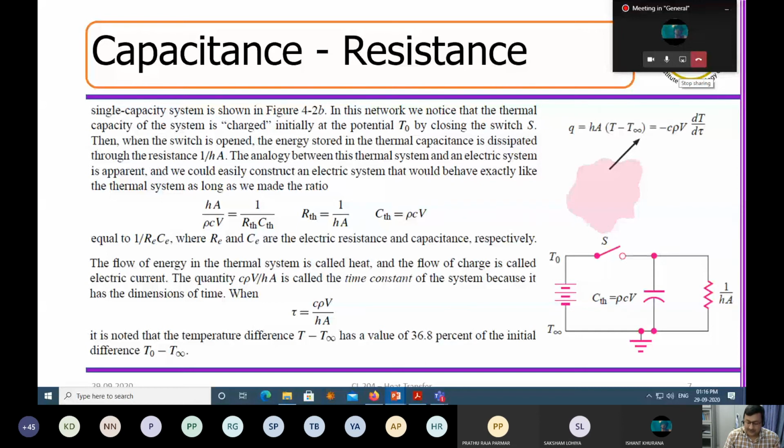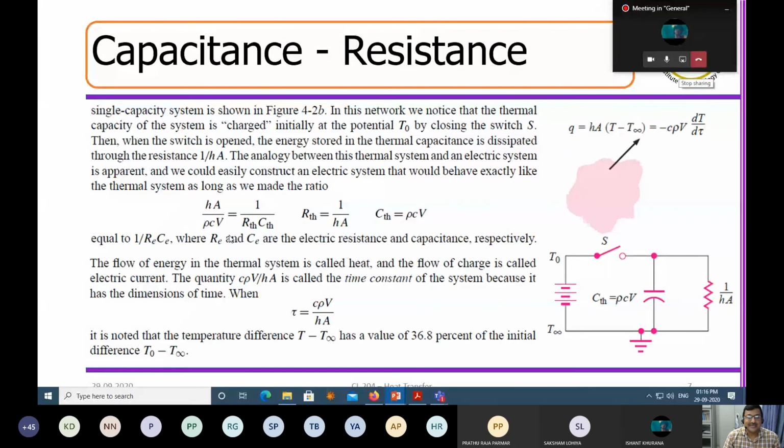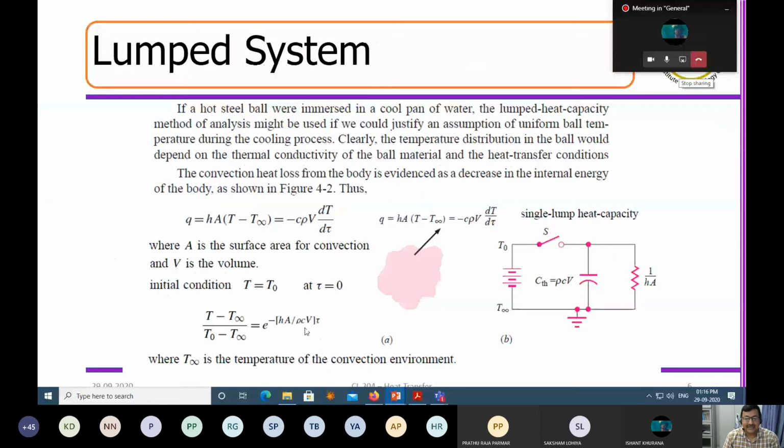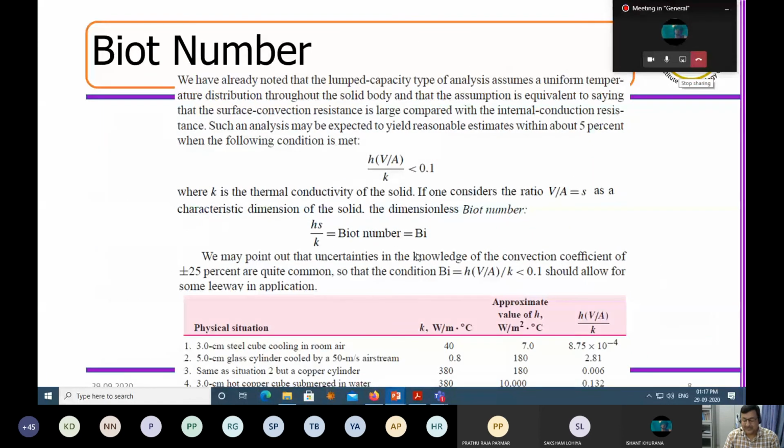that remains to be the heat transfer. So if you are forcing this hot solid into a fluid, my focus will be how much this solid can retain the heat, which is the capacity of this, and how much this liquid can convect the heat out, which is the loss associated with the convected heat transfer, right? So in that process, as I have told, the opposite of hA by rho CV will have a unit of time, and this is called the time constant.